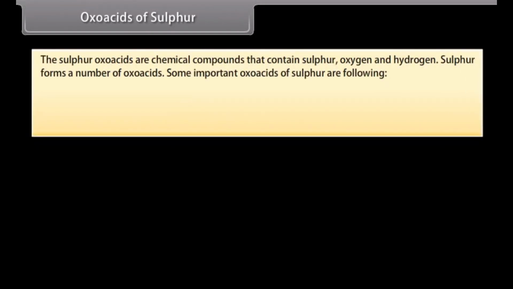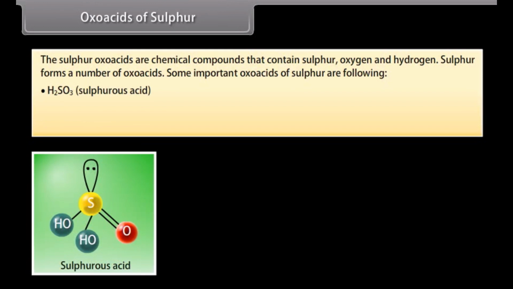Oxoacids of sulphur. The sulfur oxoacids are chemical compounds that contain sulfur, oxygen and hydrogen. Sulfur forms a number of oxoacids. Some important oxoacids of sulfur are the following: